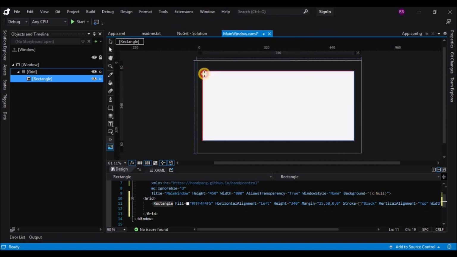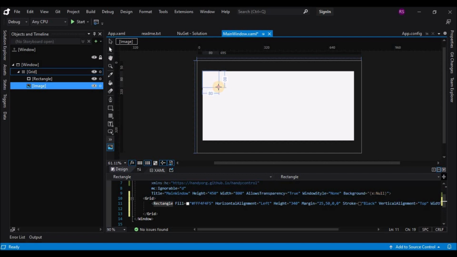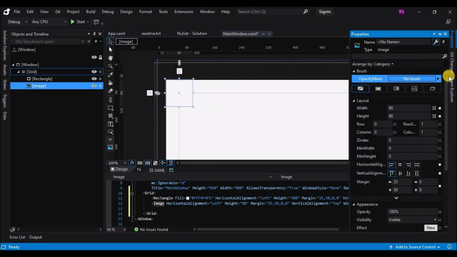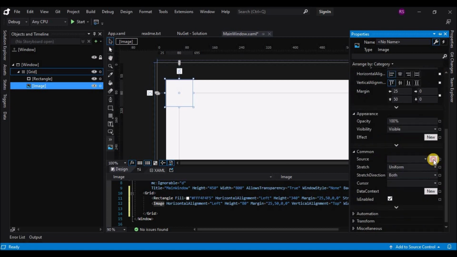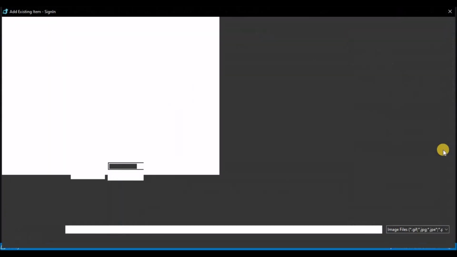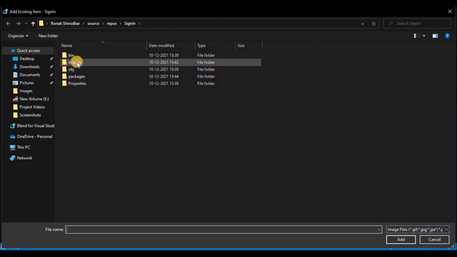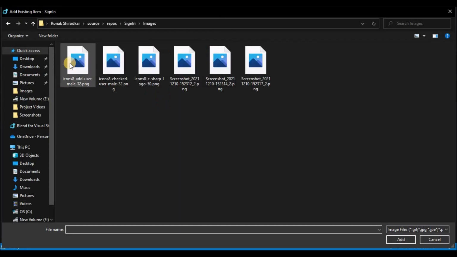Draw the image control on the top left corner, position it, and then go to properties. Go to properties and then source, and select the image that you have downloaded from your sources.